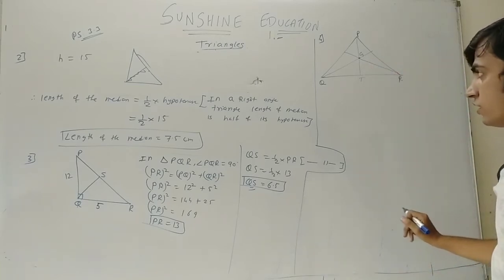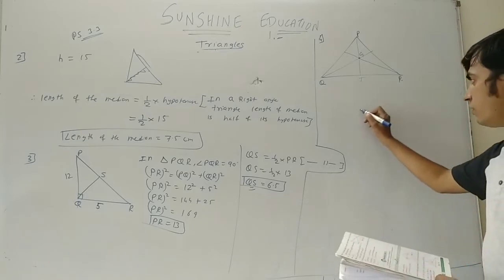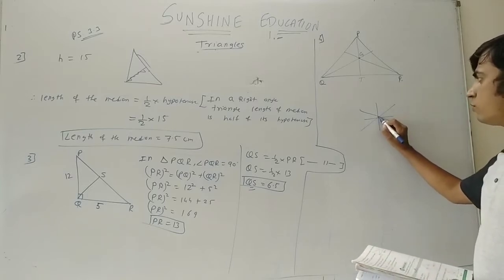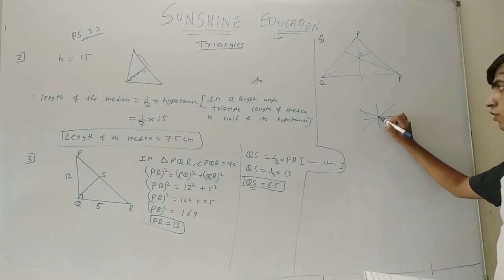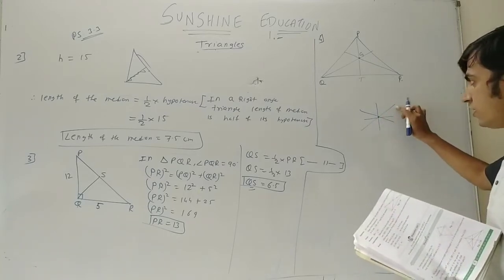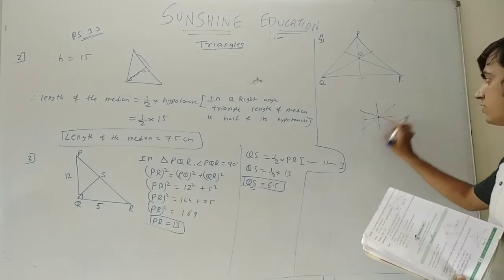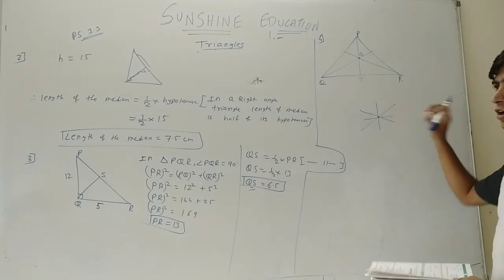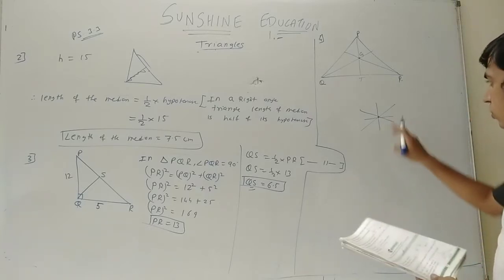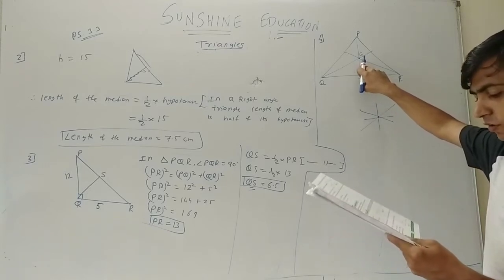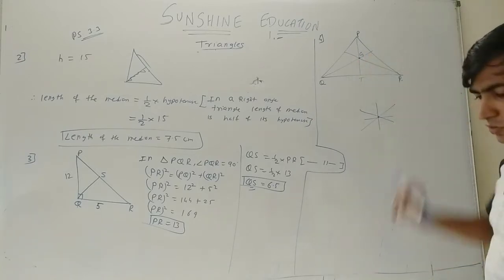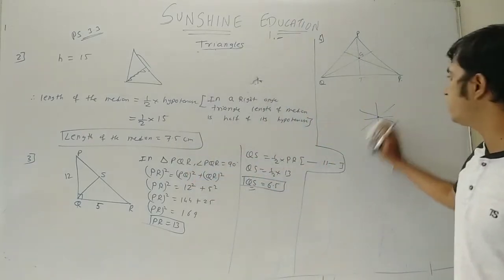See, what is concurrence? The word concurrence over here, whenever 3 or more lines, 2 or more lines pass through one and only one point, the point is called point of concurrence, and all these lines are called concurrent lines. Lines are called concurrent, point is called concurrence. So it is given in the question. G is the point of concurrence, so all three medians are going from one point, and this is also centroid. You can call this a centroid.